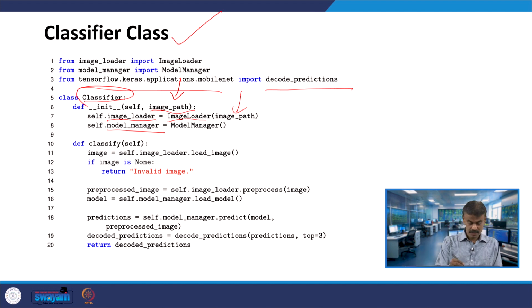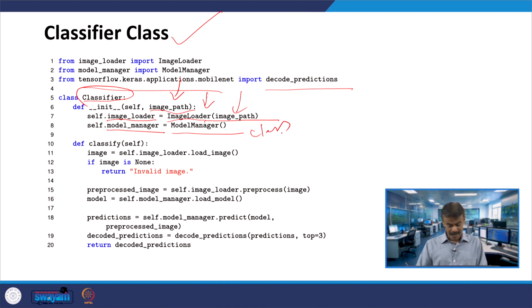This is an instance of ImageLoader, a class for loading and pre-processing the specified image. Then you have self.model_manager, an instance of the ModelManager class for managing the MobileNet model.